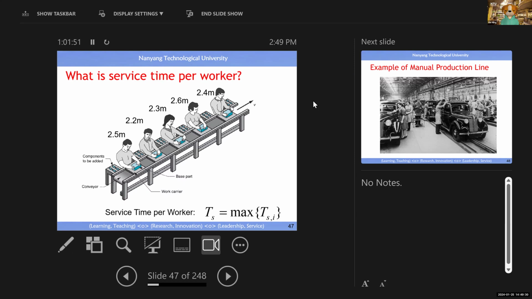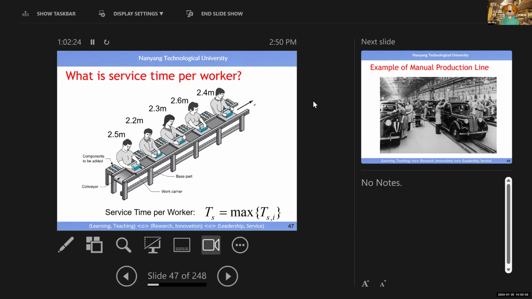Let's say in the production line, you hire only 5 people to do the same operation, right? But you know, different individuals have different capability. You cannot say all of them are identical in terms of physical capability. It's impossible, right? This guy may take 2.5 minutes. This guy is faster, 2.2. And this person, I do not know what reason, he will take 2.6 minutes to finish the